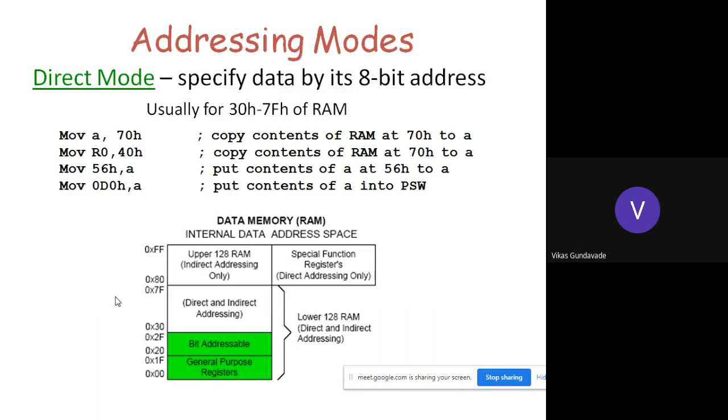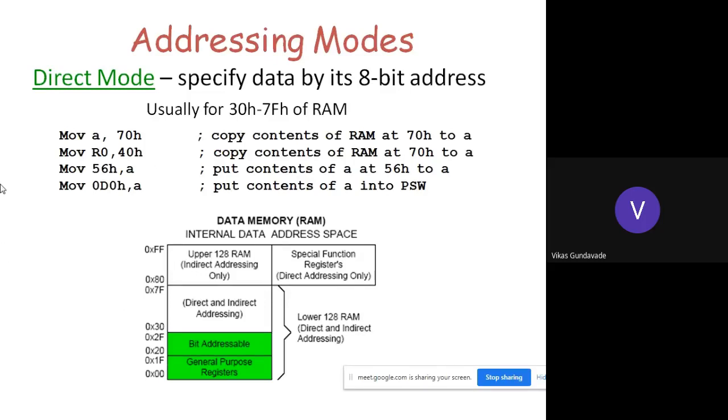So if we want to load data into that memory location or access data from that memory location, we can directly point the address of that memory location and can transfer the data either into the register, or the register data can be transferred into the memory. So it is called the direct addressing mode. Okay. So here every address is specified in the instruction.